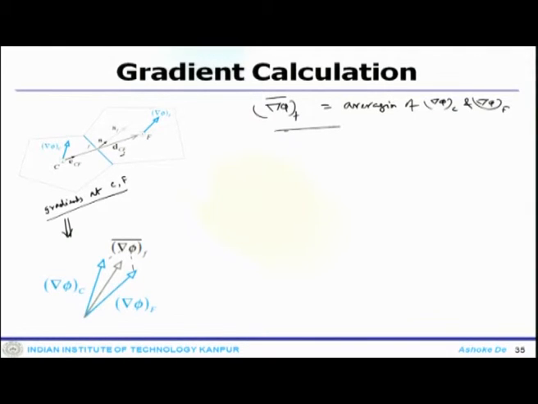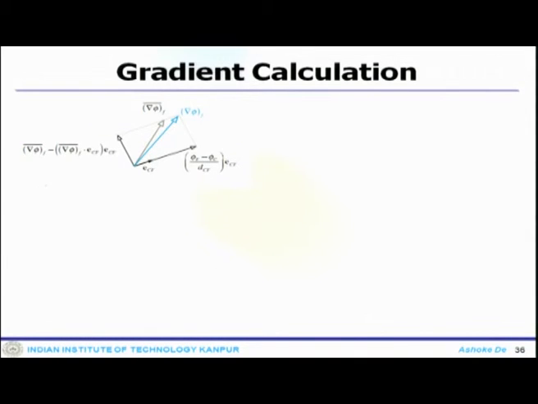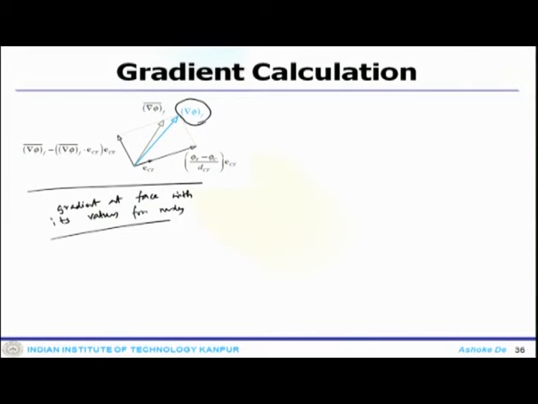So there are normal surface vectors, distance vectors, and all these become important. If you put these things in vector form, you can get the gradient at the face with its values from nodes. This is how you can look at that triangle, and by having that vector algebra you can find out the delta phi at the face.